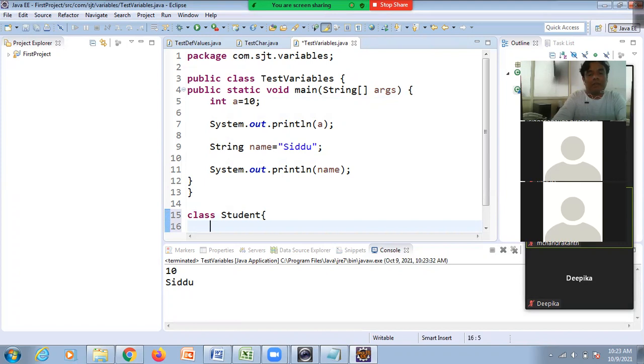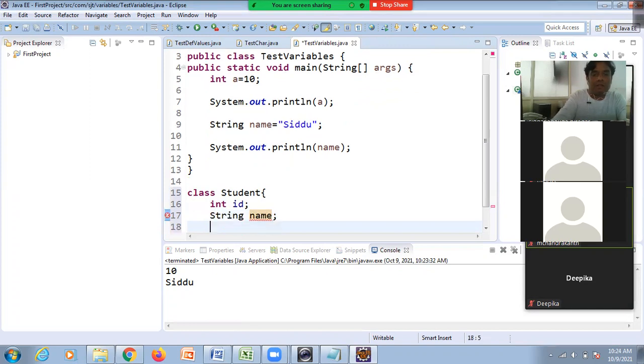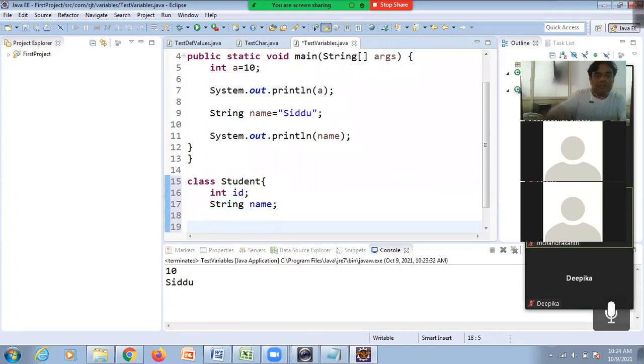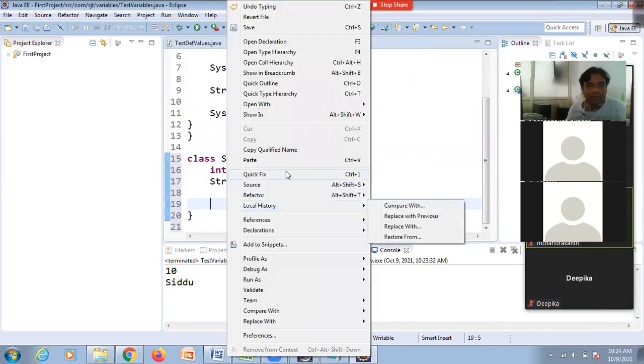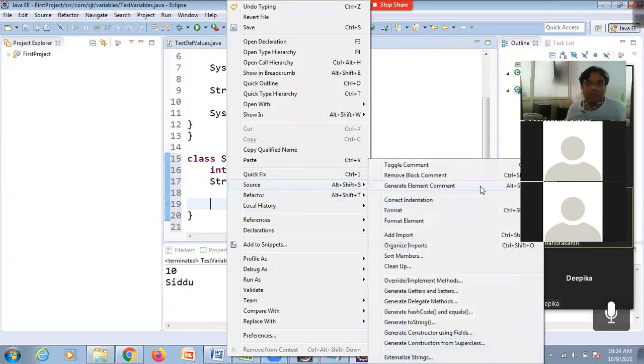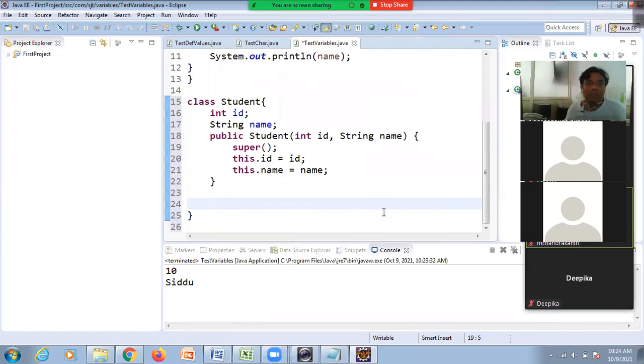For example, int studentID, String name, and for this we will have something like this. Source, generate constructor.